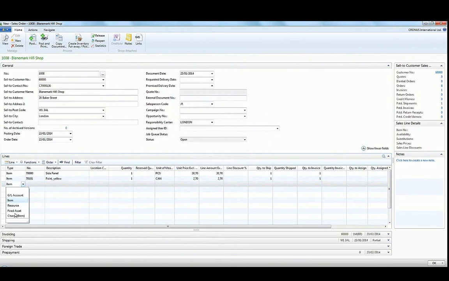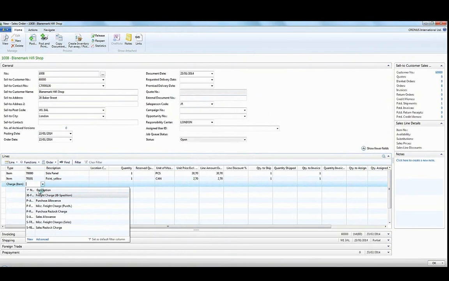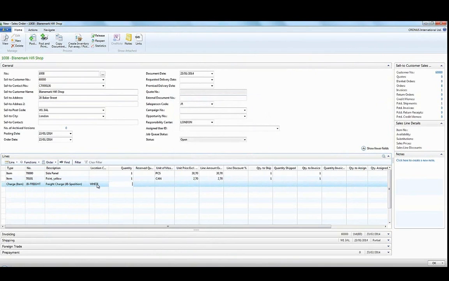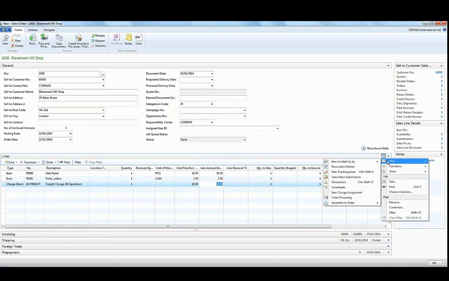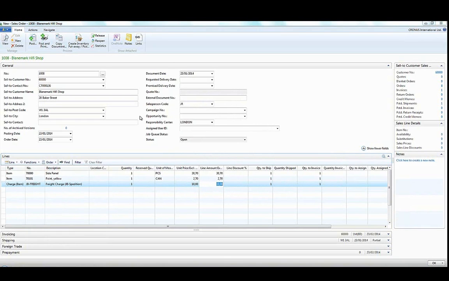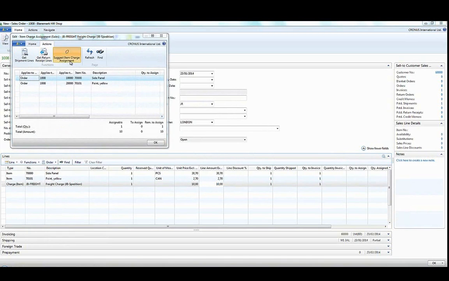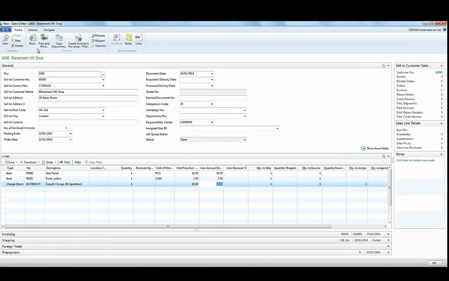In the third line, we select the charge item. We select the first one, quantity 1, and unit price 10. We select line, item charge assignment, action, suggest, equally. Okay, this has been assigned, and we now try to post, ship and invoice,